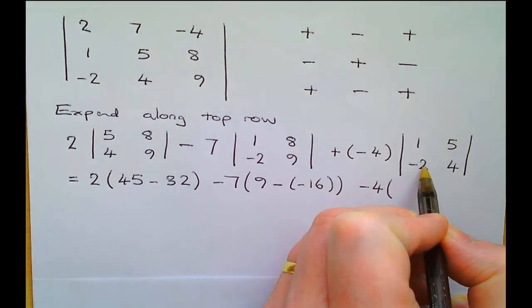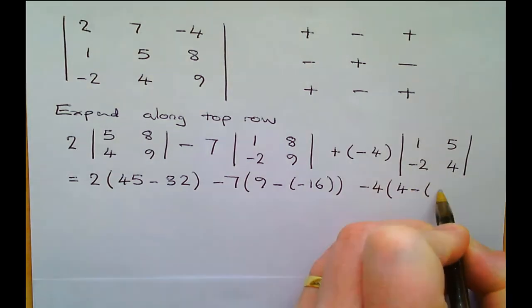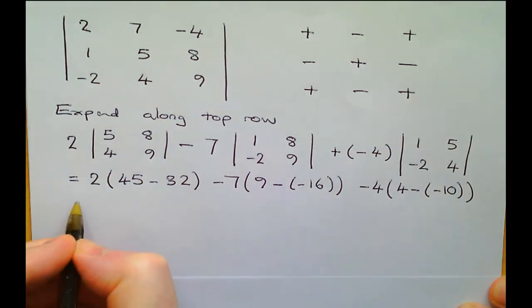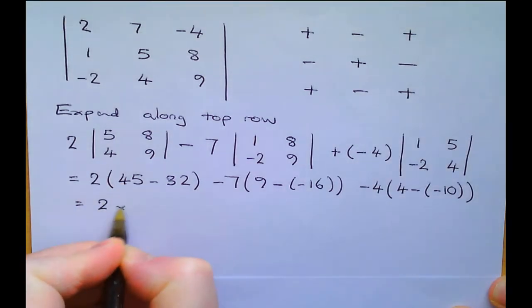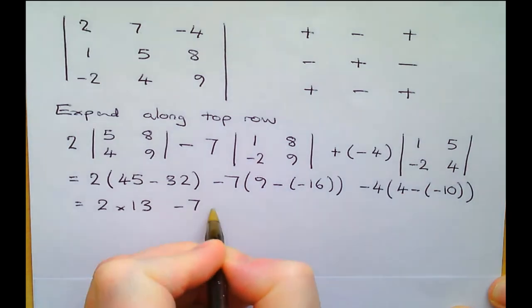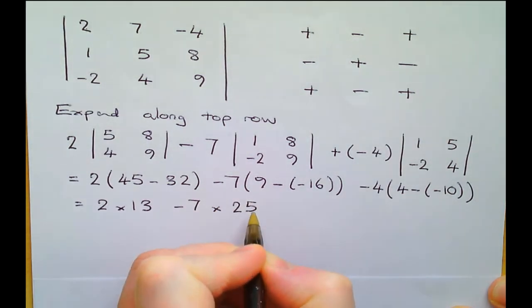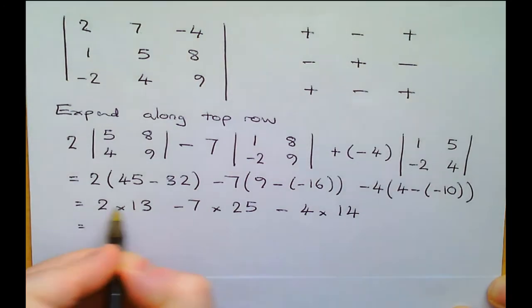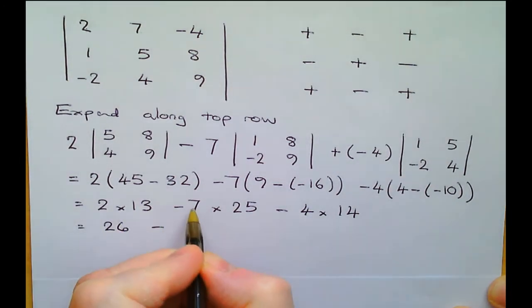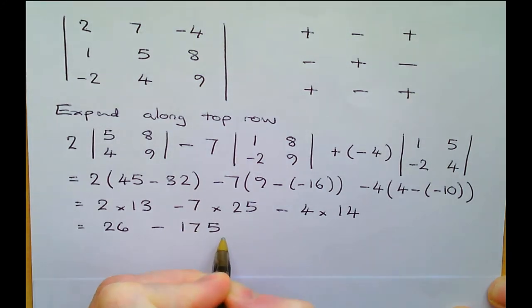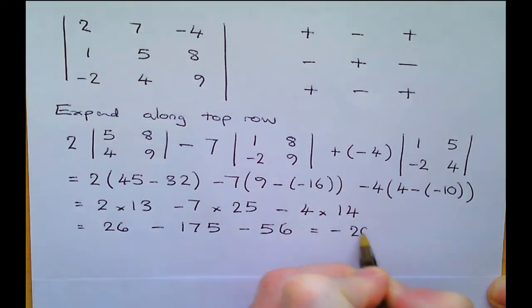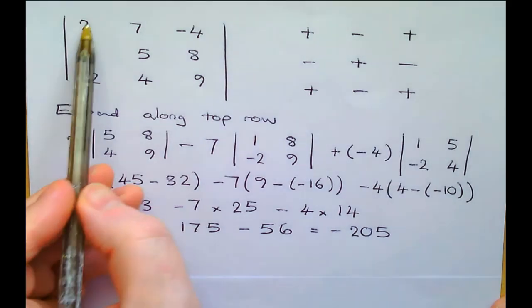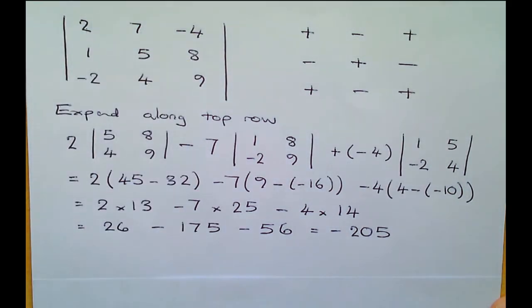4 minus 10. So 2 times 13 minus 7 times 25 minus 4 times 14. So we get here 26 minus 175 minus 56, or minus 175 minus 30, it comes to minus 205. We did it using the top row, but we could have used any of the rows, or indeed any